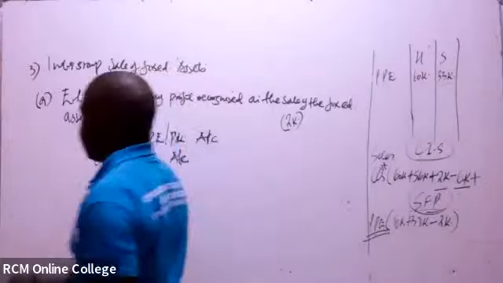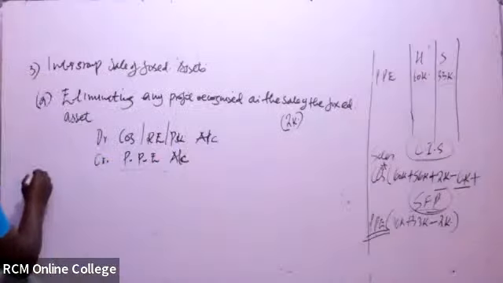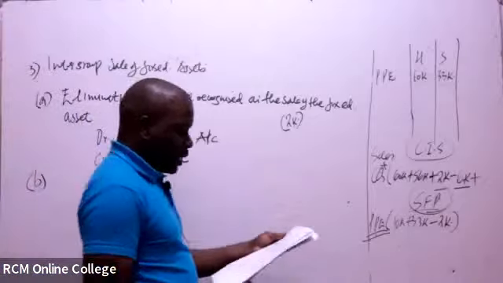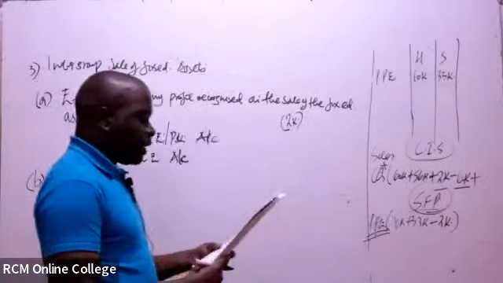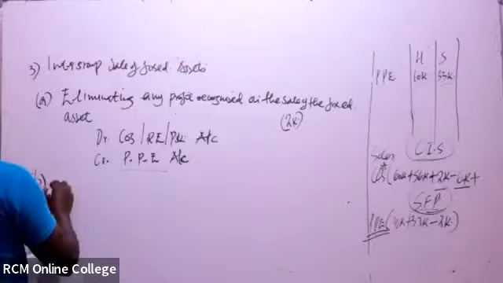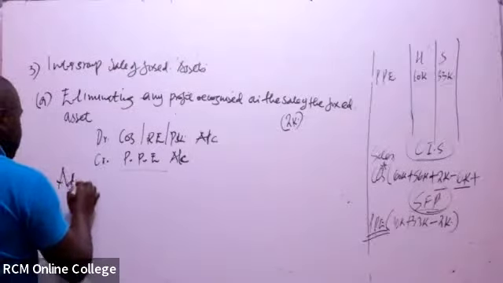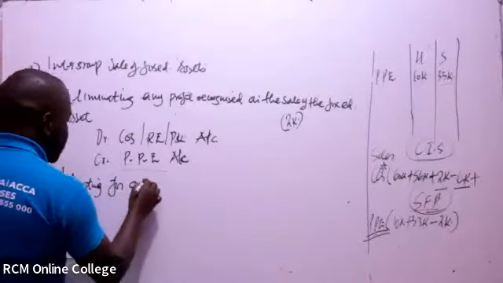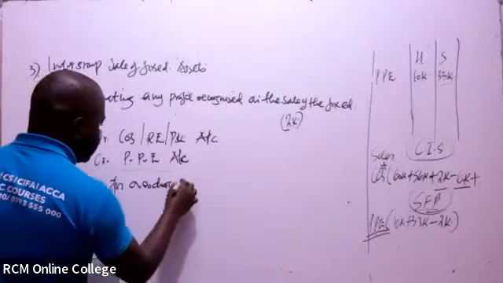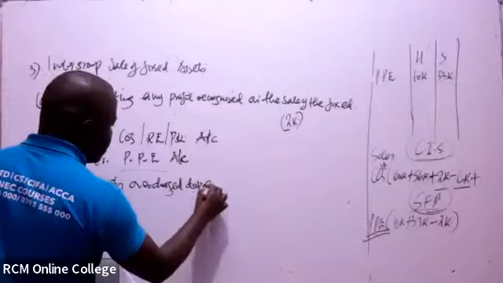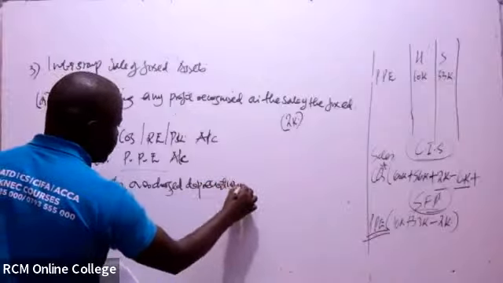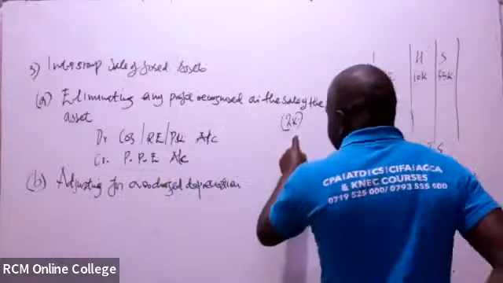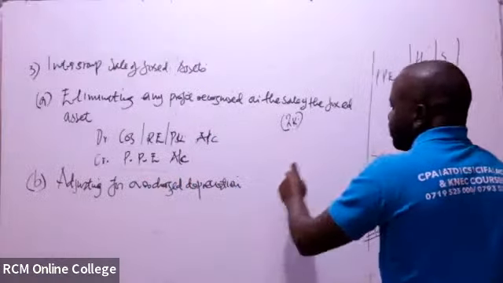So number B, you can write number B here. There can be another adjustment. You can write adjusting for overcharged depreciation. Adjusting for overcharged depreciation. So remember, if you are eliminating this amount from the property, plant and equipment,